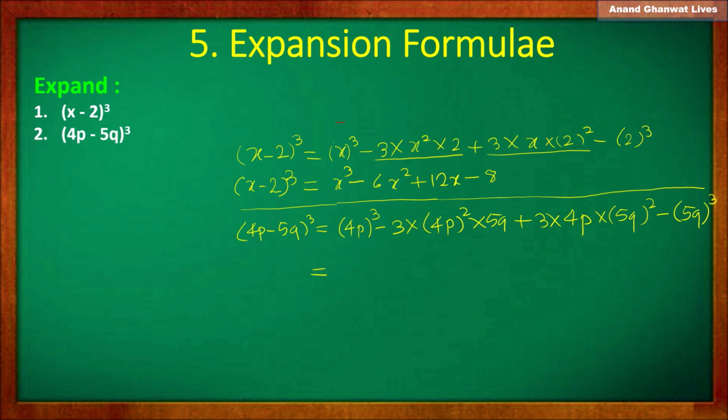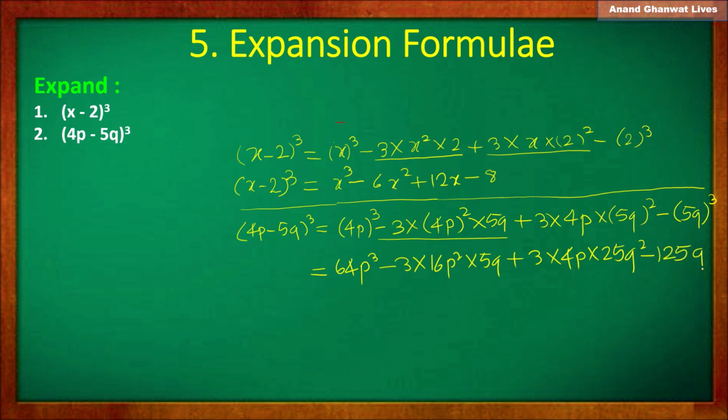Now the cube of 4p is 64p cube, minus 3 into the square of 4p into 5q. Now the square of 4p is 16p square. So 3 into 16p square into 5q, and plus 3 into 4p into 25q square, minus the cube of 5q,